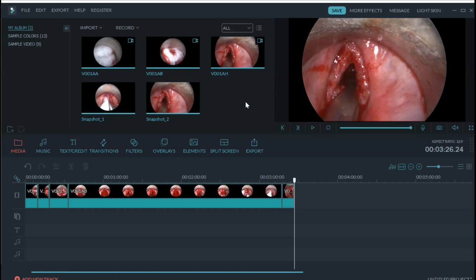You bring that pen drive onto your computer and import your video from that source into the software. During import, some softwares will not accept all the formats. The advantage of this software is that it will accept all the formats. That's the number two advantage.